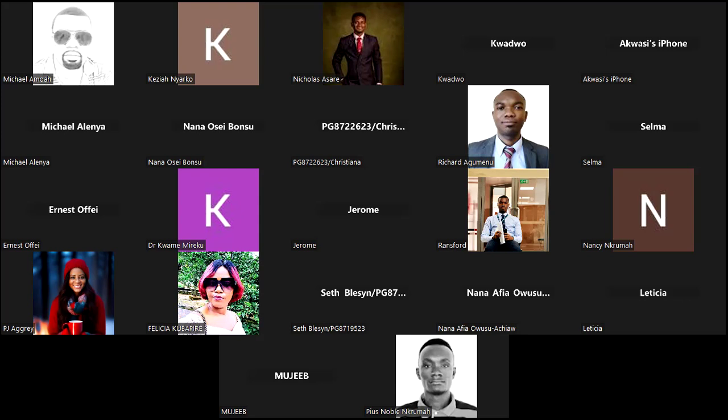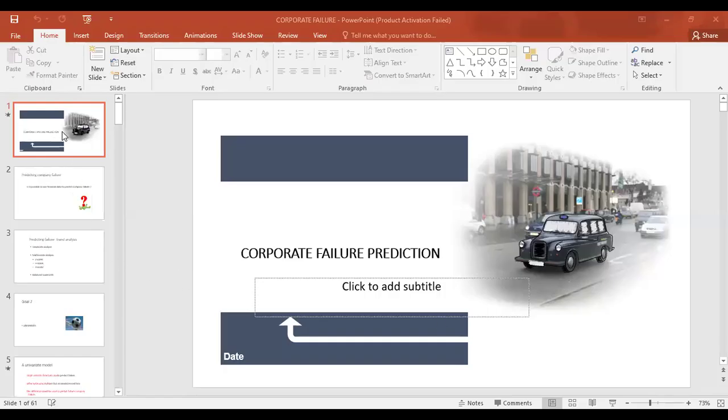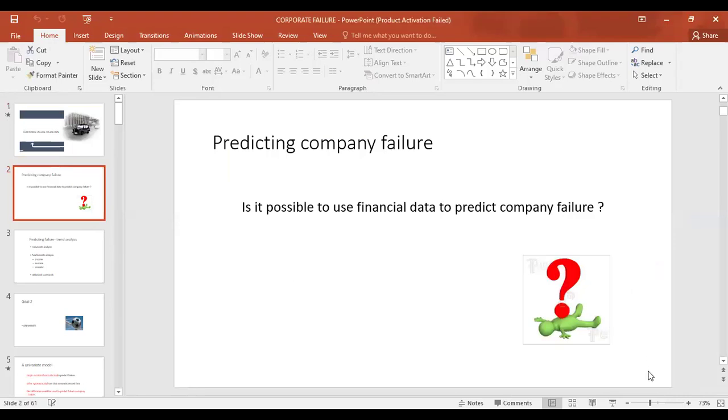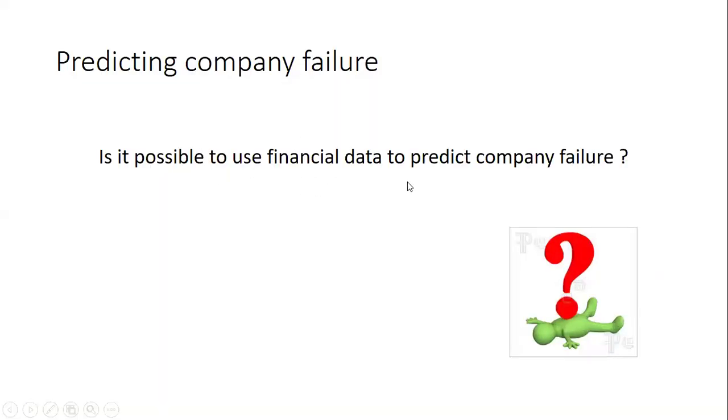So let me just share the screen. Corporate failure. Okay. So we want to go into corporate failure prediction. And then we want to use financial data to predict whether a company will fail. And like I discussed earlier, we need to know this because for various stakeholders, if a business fails, it implies